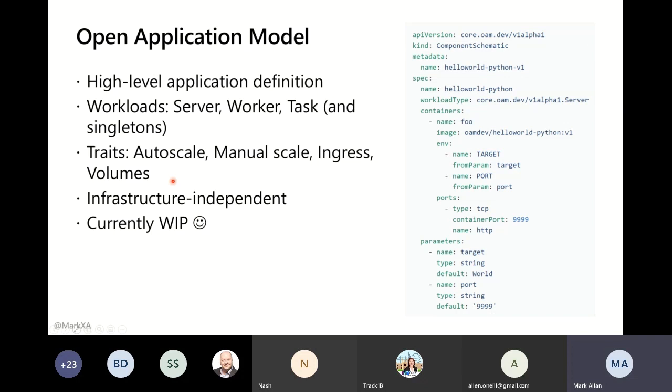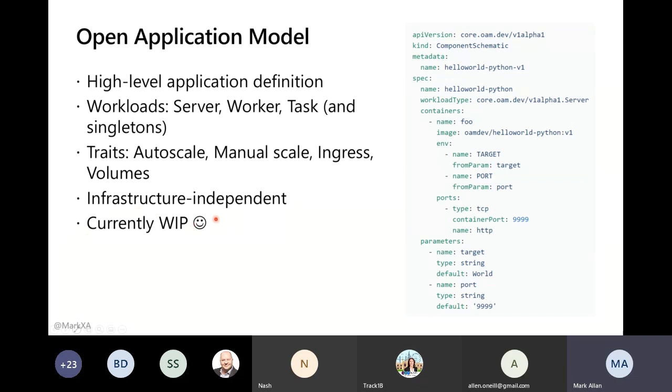But you can use that to define your application and say, okay, I've got this container which needs to auto-scale. I've got this container which needs to be a singleton. I've got this container which I want to manually scale between 1 and 3 instances or whatever. And the idea behind this is that I as a developer can define my application, put my code in a container, and then hand that off to the infrastructure person.